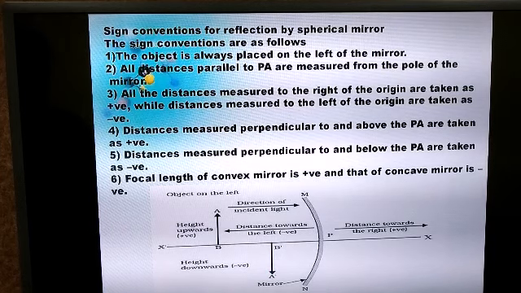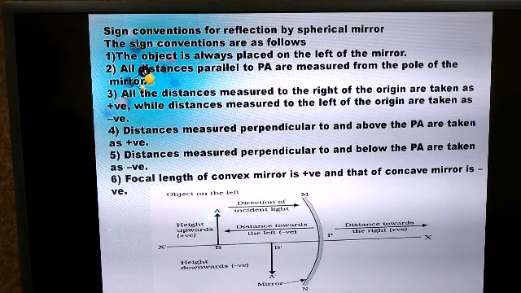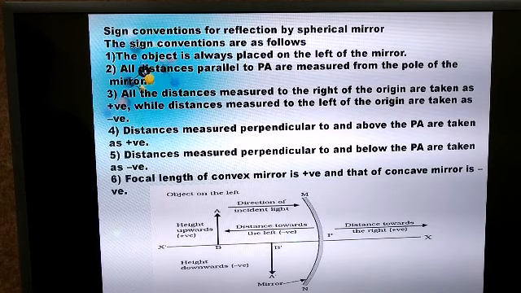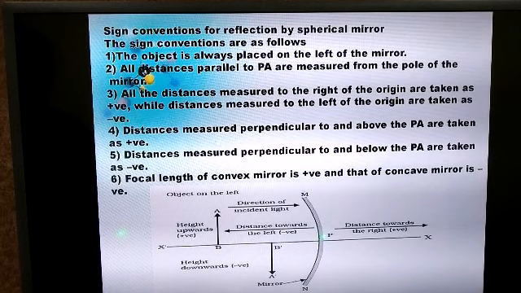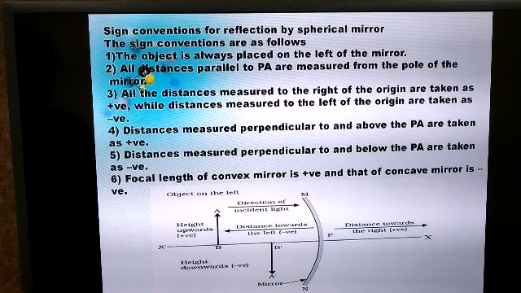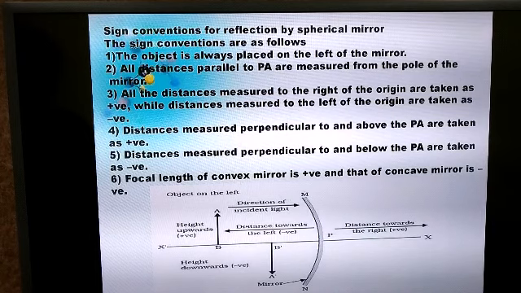Now, if we consider the focal length of a concave mirror, this is a concave mirror. So a concave mirror will be formed like this from the sphere. So the center of the concave mirror will lie on this side, the left hand side. So also the principal focus will lie on this side. We know that the distance from the pole of the mirror to the principal focus is called the focal length. So since the focus lies on the left hand side of the concave mirror, the focal length of a concave mirror will be negative. Whereas in case of a convex mirror, the focus lies on the right hand side of the pole. That means the focal length of a convex mirror will be positive.